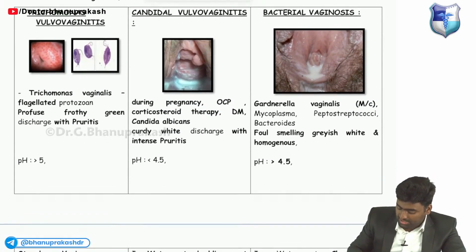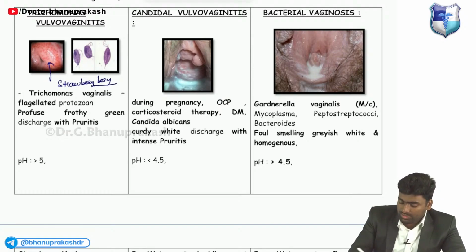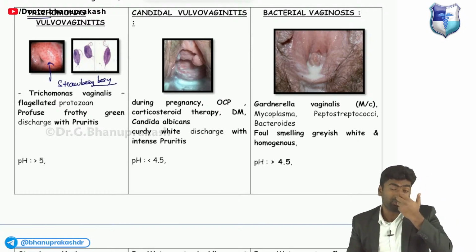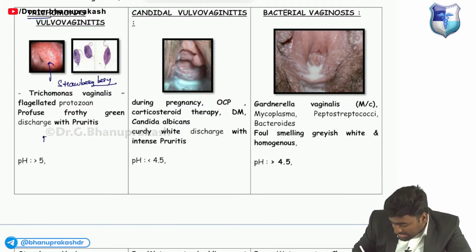You have a first patient who presents with the features of a strawberry cervix. And here you see this Trichomonas. You know this Trichomonas, right? Trichomonas, what is the color of discharge? So remember this, our flag is the Tiranga flag, the tricolor flag. So the third color is what? It is the green. So remember, it is the green